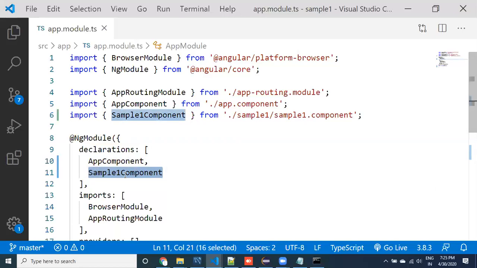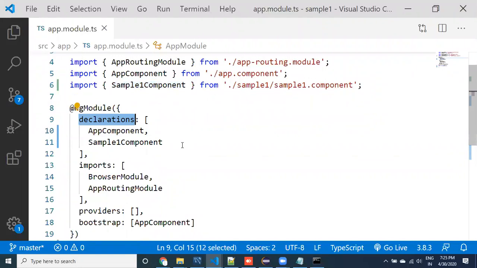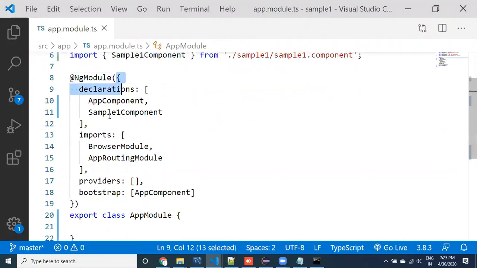Okay, I'm just giving an introduction guys. Try to remember this vocabulary right now. This is a configuration. This is a JSON. JSON means key and values. This is the key and this is the value. This is the key and this is the value. This is the key, this is the value. This is the key and this is the value.